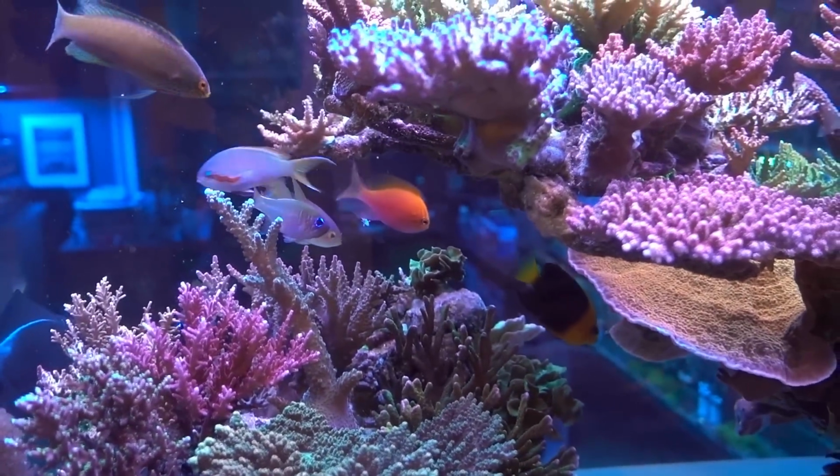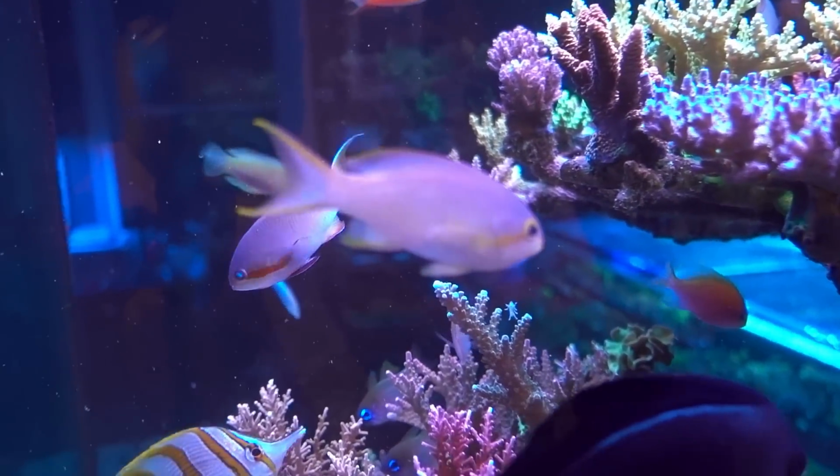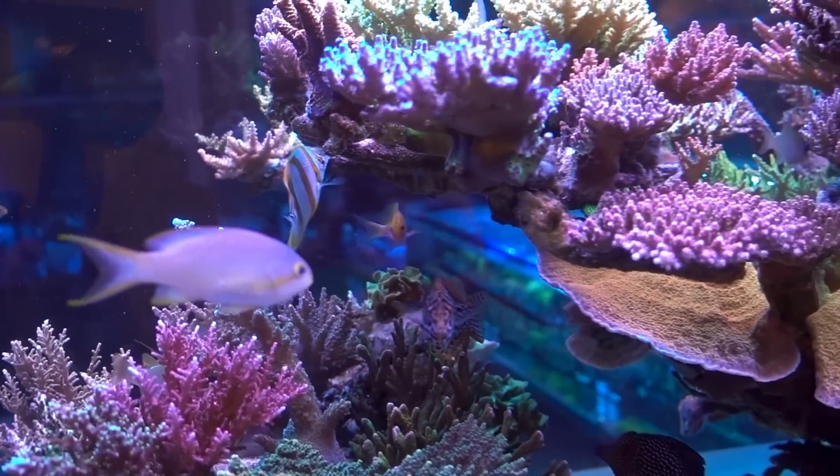This one's beautiful. What kind of wrasse is this? That's the Rainford, Rambo. That's the super male. The female is less colorful, but